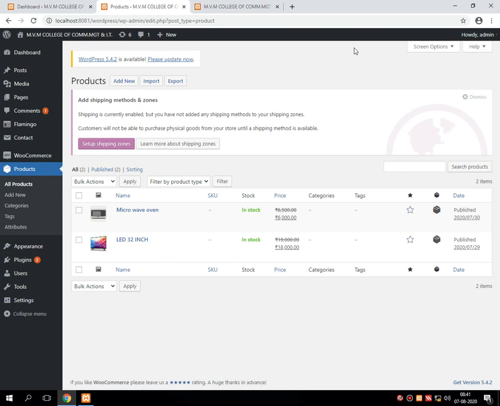Now, after creating the store, we have sold those particular products through WordPress. That means we have gone through the facility of add to cart, where buyers can purchase the created item. During this procedure, certain sections we have discussed. The first one is add to cart, where we can change the quantity. According to the quantity, it calculates the total amount.